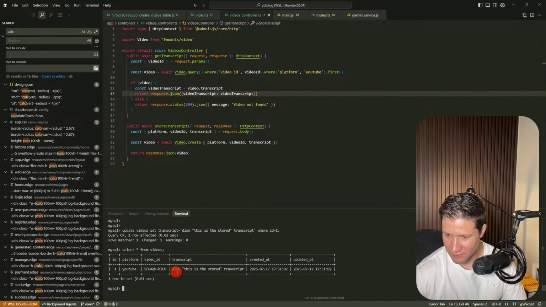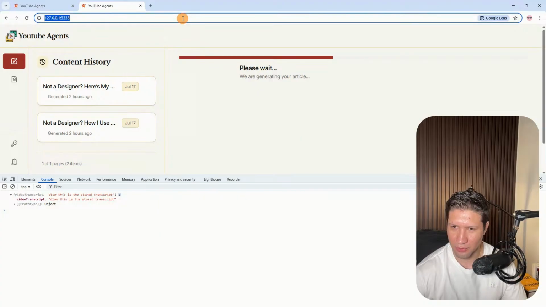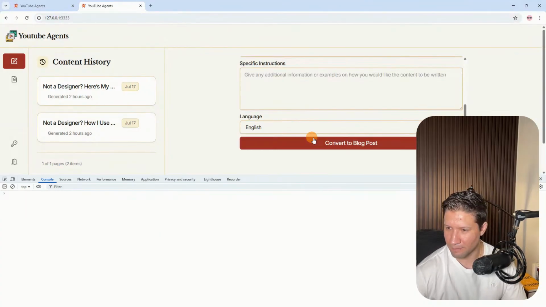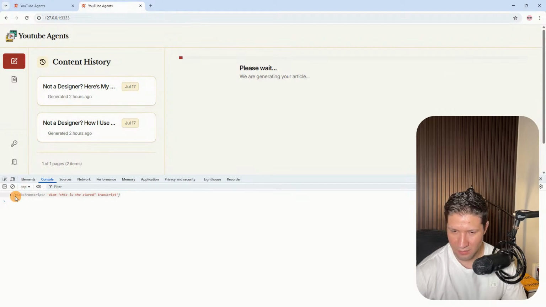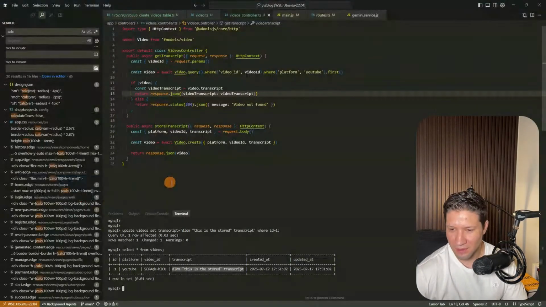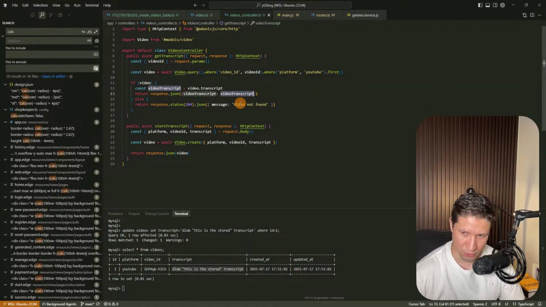So now this is the transcript. Let's see what happens, because this is using double quotes. I just want to be sure that this is escaping the double quotes correctly. So yes, this is working. It is sufficiently intelligent to understand that it needs to escape the values inside this